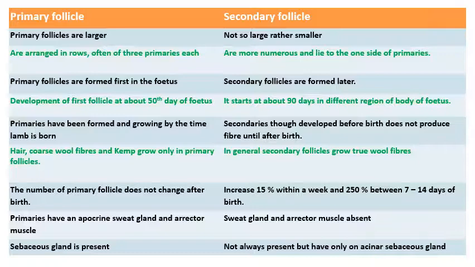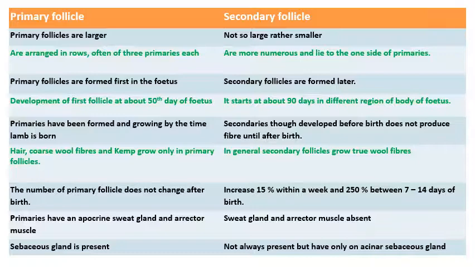So primary follicle produces 3 kinds of fibers, whereas in general secondary follicles grow the true wool fibers. The number of primary follicles does not change after birth. So the number of follicles remains the same. Whereas in the case of secondary follicles, it grows multi-level just after birth. So there is a 15% increase within a week and a 250% increase between 7 to 14 days